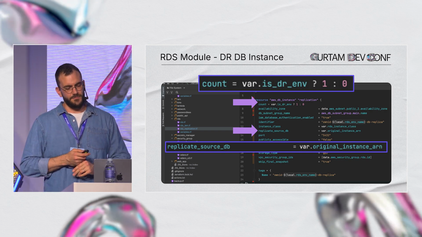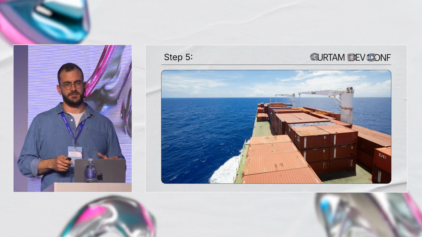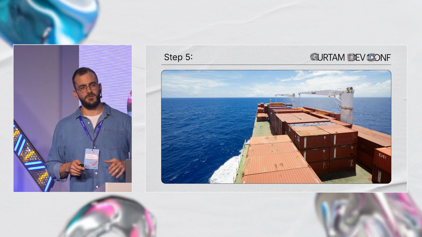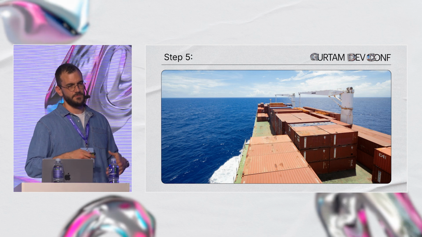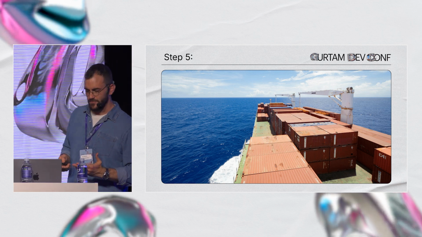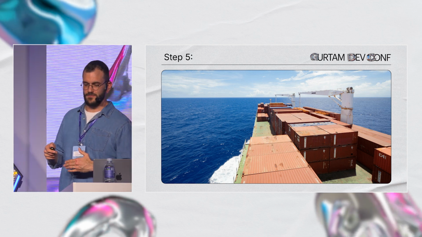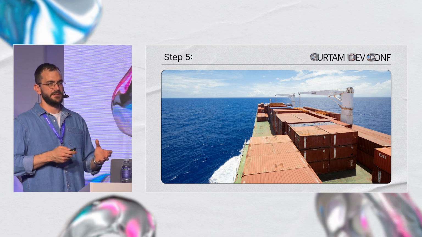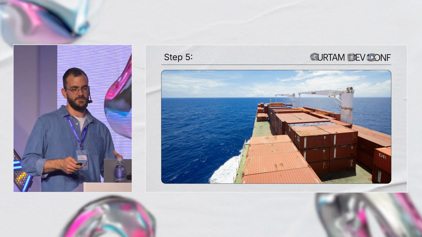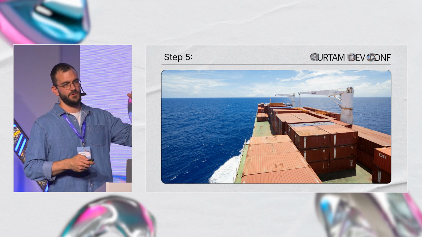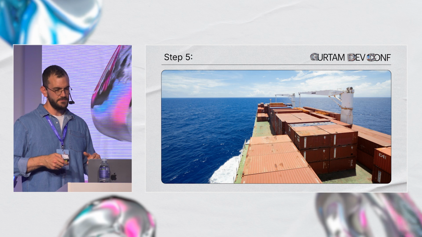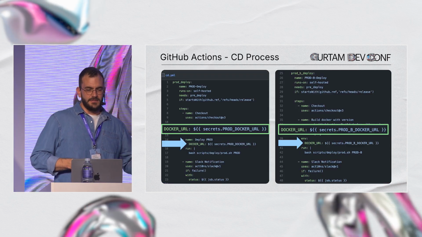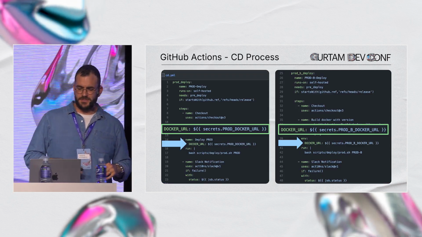Another aspect that we need to know is that during the disaster, you still want to be able to deploy new code. So you still want to keep your CI/CD working while you have a disaster. You don't want to be stuck with the same code version. Maybe you have a bug during the disaster and you need to deploy new code. That's an example from our GitHub Actions,